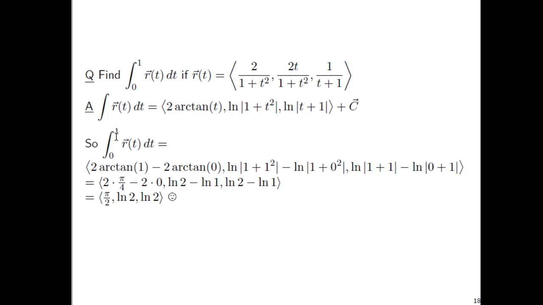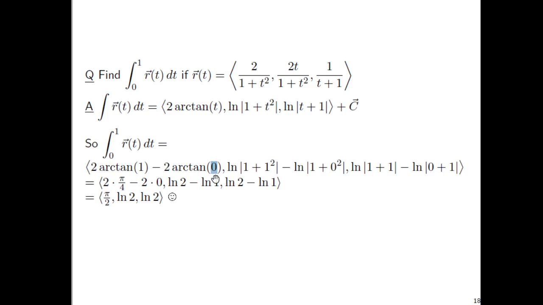Then the definite integral from 0 to 1. So we need to take the 2 arctan t both at 1 and at 0, and so on and so forth. Let's just now talk through some of the simplifications here. These are some good reminders. Arctangent of 1, remember, just means tangent of what angle is going to be 1, and that's your 45-degree angle, your pi over 4. Tangent of what angle gives you this 0 here, and that is going to be this 0. So this 0 is in radians, and this 0 right inside the parentheses here